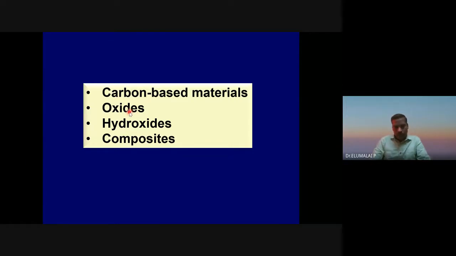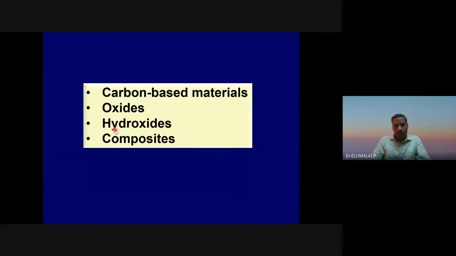Whereas oxides, such as transition metal oxides, nickel oxide, cobalt oxide, iron oxide, copper oxide, perovskite oxides, and cerium oxides, all show some peaks, being redox materials.